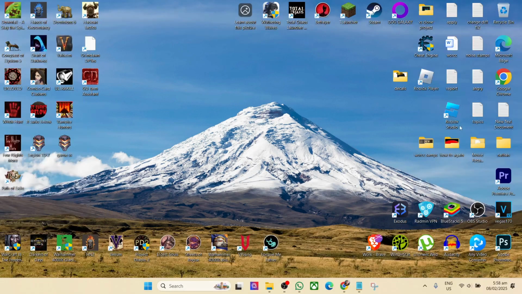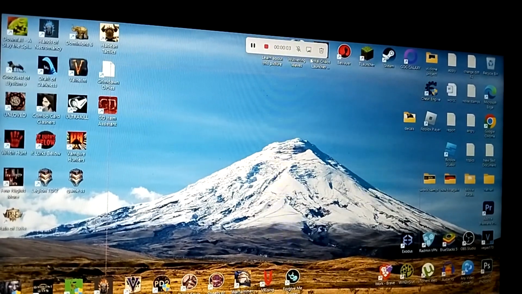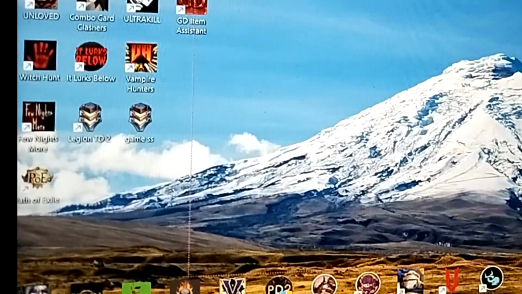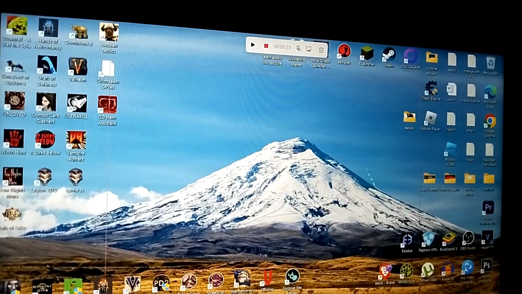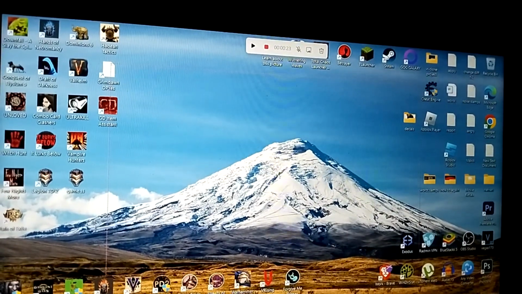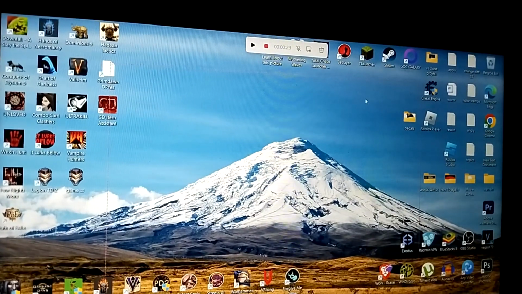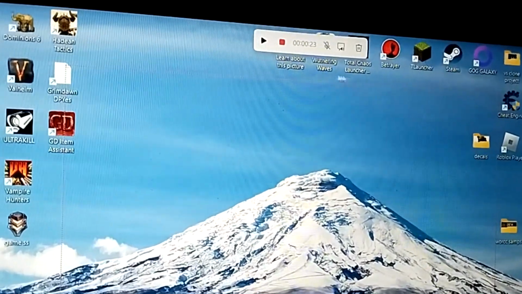Now let's start recording. There is a 3-second countdown, and as you can see, it shows a border of red dots in the recording area, and you can even pause the recording on the fly if you need to be away for a bit or set up what you need to do and you want to save up space so you don't record any blank footage. Now you can resume that, and once you're done recording, you can simply press this stop recording button here,